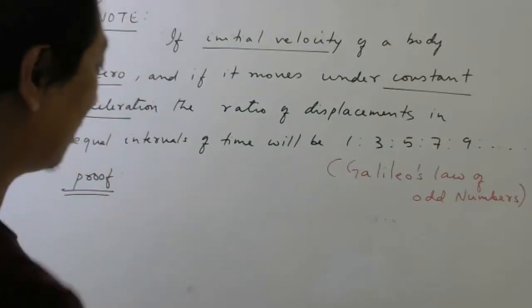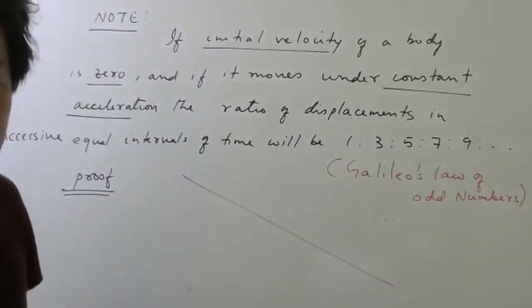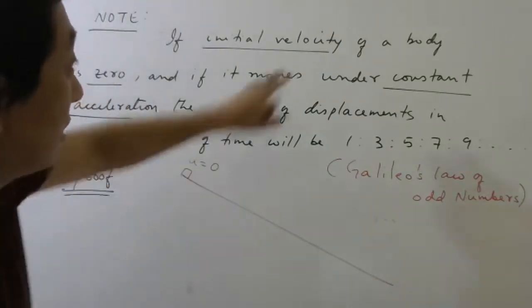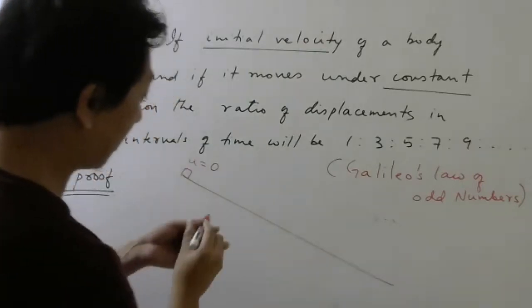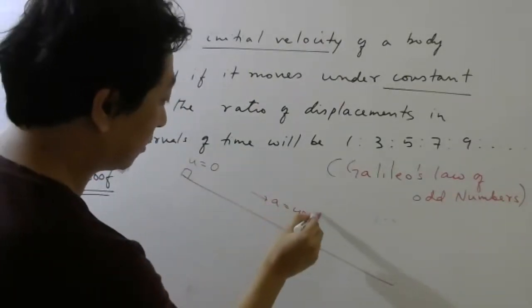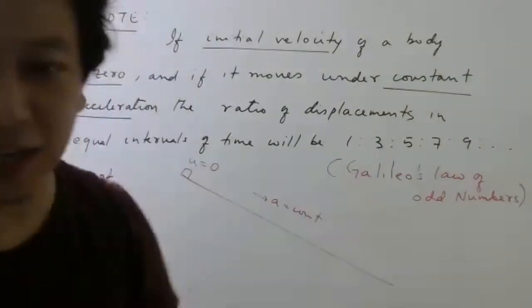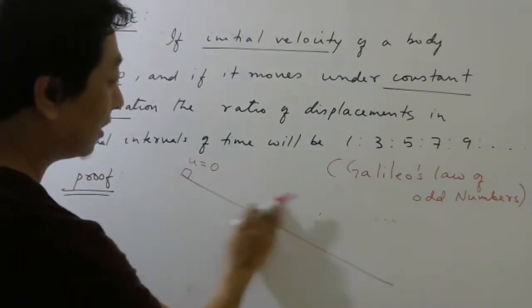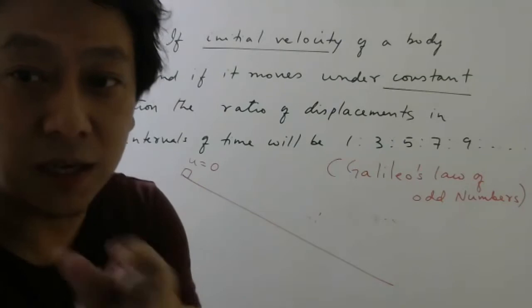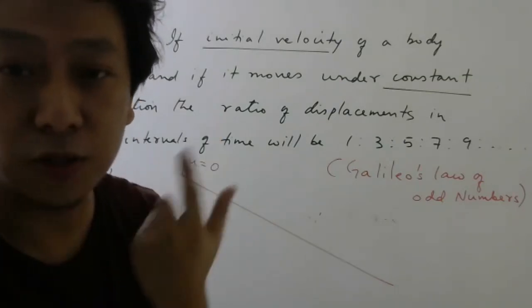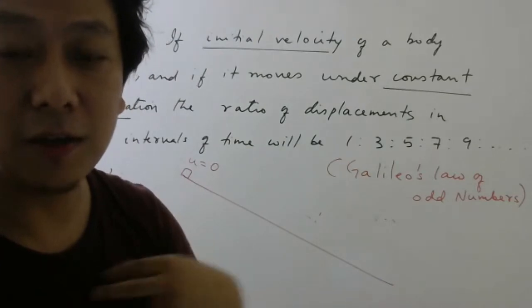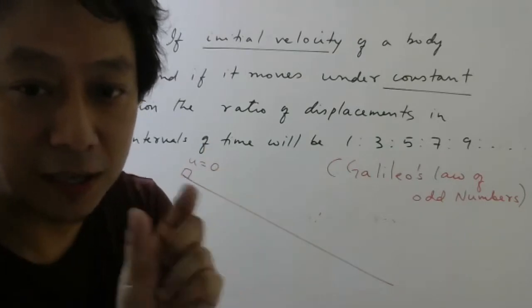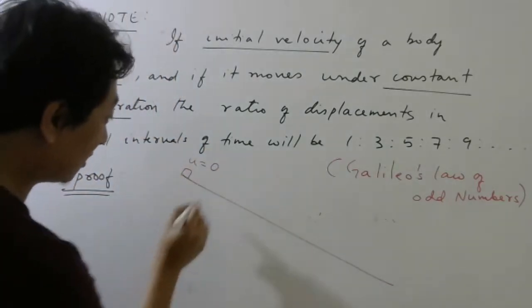Okay, what he did was he took some plank and he allowed a body to fall from rest. So initial velocity was 0 and acceleration in this direction is constant, which is nothing but the component of gravity, which I will tell you later, don't worry. Component of gravity in this direction. So acceleration was constant. Then he waited for equal intervals of time. During those days, clocks and all were not there. So he used his pulse, or heartbeats. Using that, he waited for equal intervals of time and measured these distances.